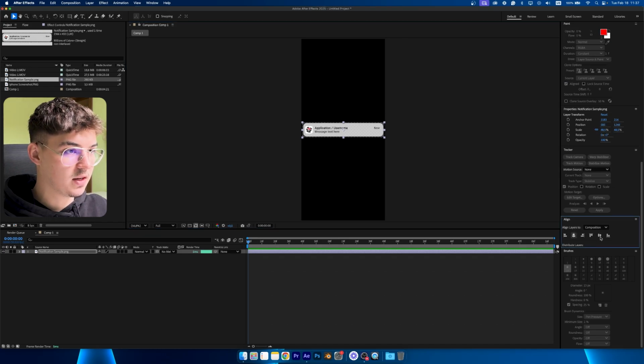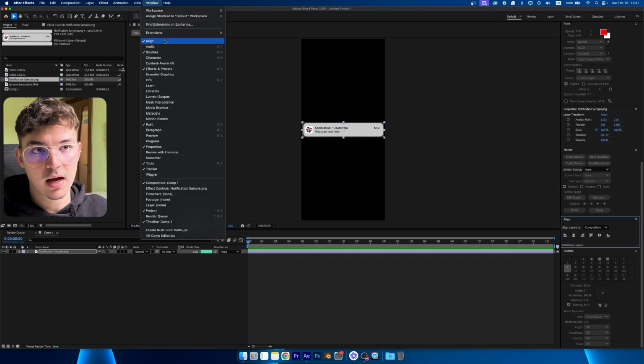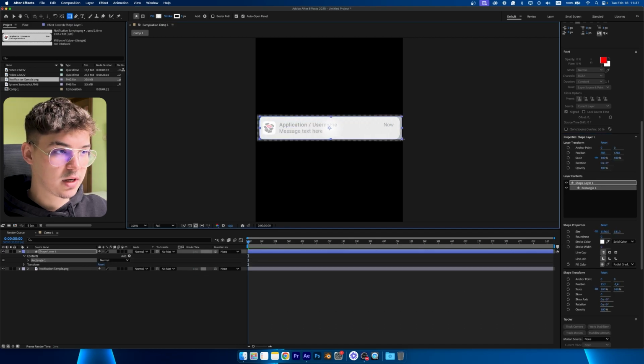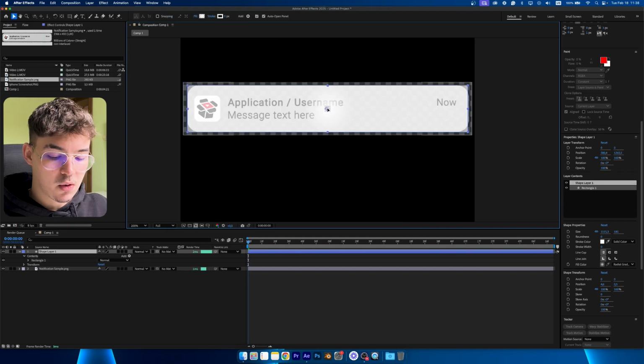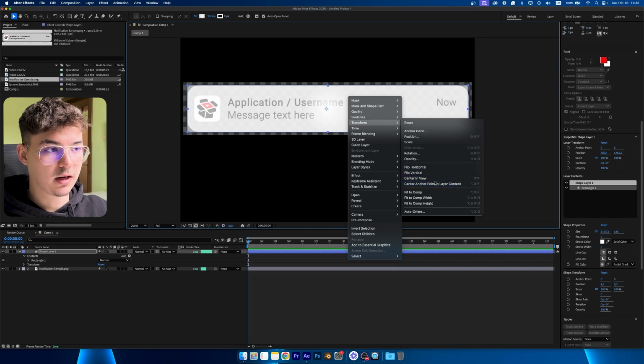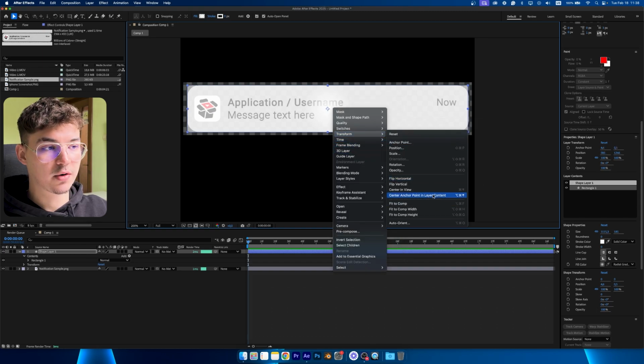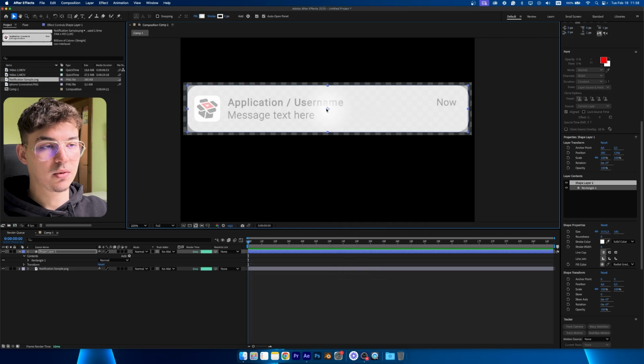So if you don't have this window, you just go to window and check this called align. So now what we are going to do is create our own notification, pressing Q and bringing out a rectangle by pressing left click, holding it and dragging it as wide and as tall as the notification is in the sample image. We can bring it to the middle by holding Command and left click on the layer, or by holding Alt on Windows. Just right click, transform and center anchor point in layer content, so the anchor point in the